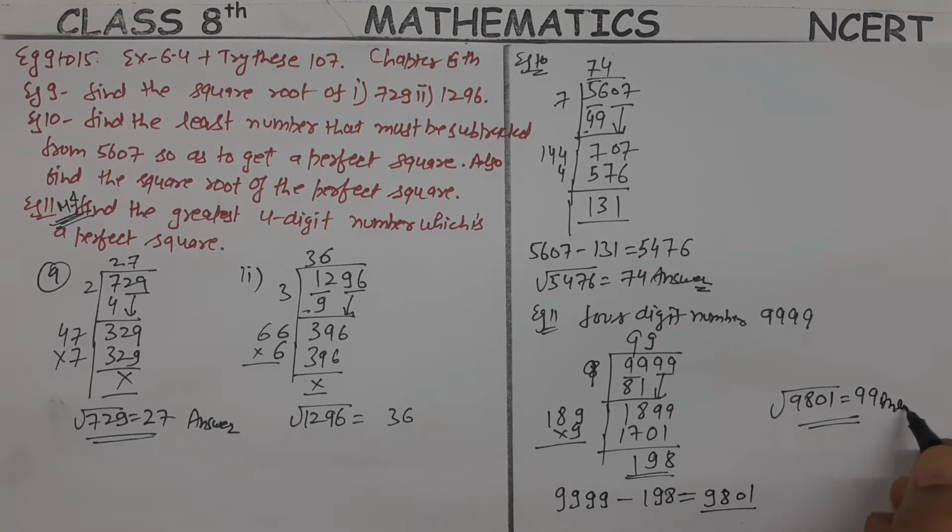Answer. So the greatest 4-digit number is 9801, which is a perfect square number. Next one,